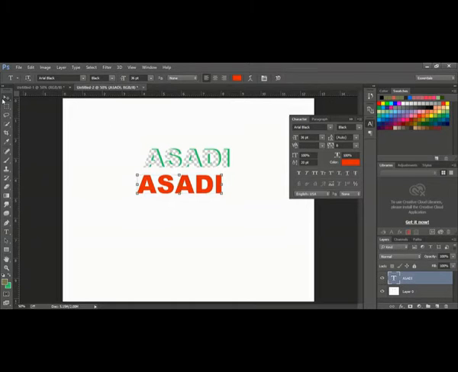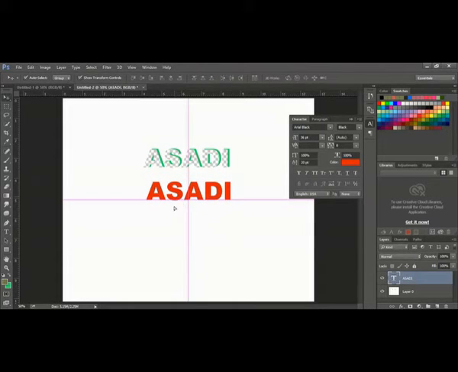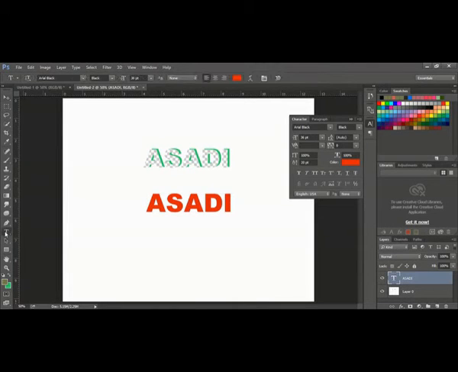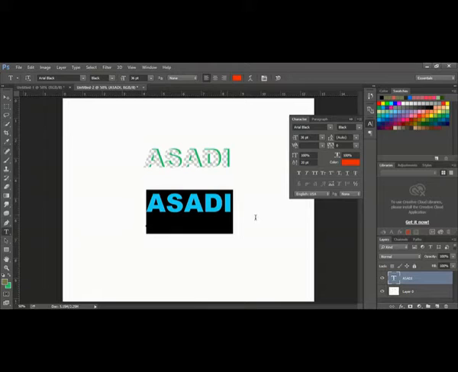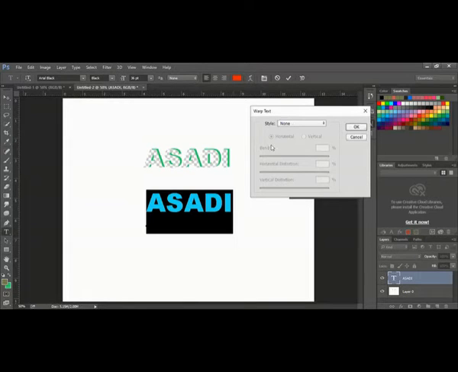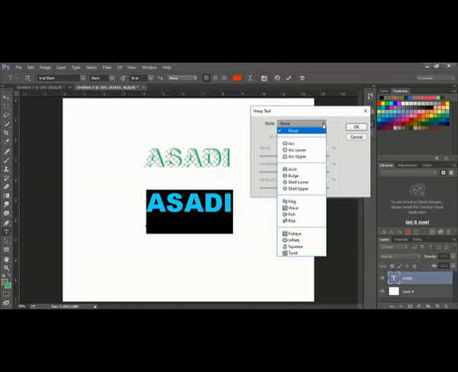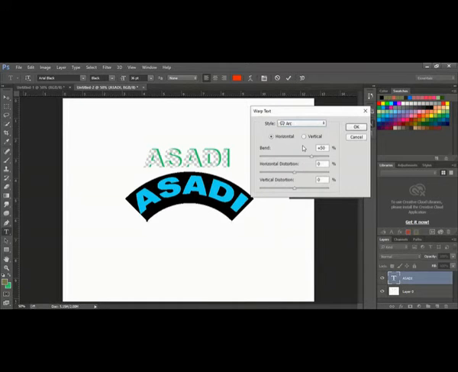Okay. I'm moving it down here. I want to curve this. So there is an option available here. See now you can't see, you select, you go to text, select it. There is an option here. This one here, click this option. So there are many options available. Now you can't see anything. Just use this arrow. You can see arc. You can see that your text is curved. You can adjust the curve from here.